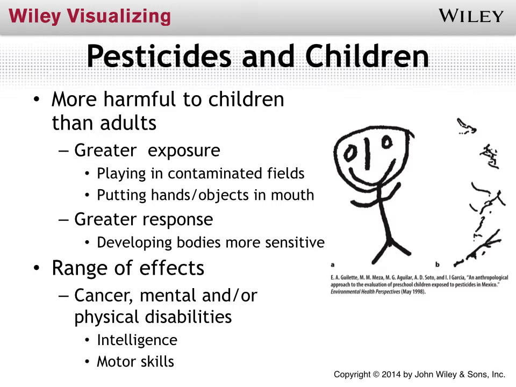Chemicals in general, and pesticides in particular, are far more harmful to children than adults, partially because they tend to expose themselves to the pesticides more by playing outside, putting their hands in their mouth, or touching things and then putting their hands in their mouth. So they put themselves at risk simply by being more likely to be exposed to those chemicals.